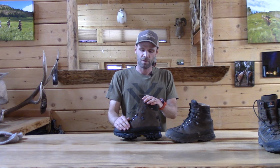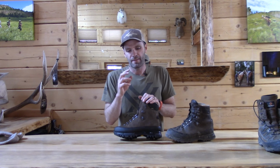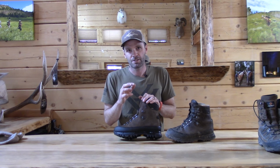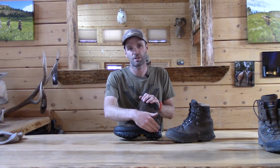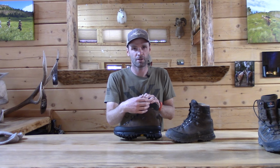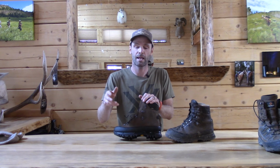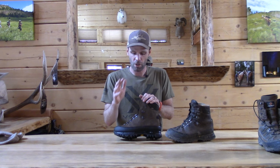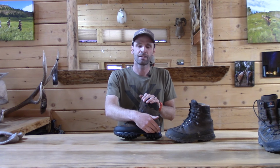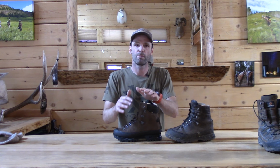okay? The stiffness in these mountaineering boots is going to vary, and the advantage of the stiffness is you're going to be able to get around tougher terrain with a stiffer sole, okay? You're going to be more comfortable, and your ankles and the mechanics of backpacking with a heavy pack, 70, 80, 90 pound pack, is going to be better with a stiff sole, okay? Those are all advantages. The negative is the stiffer the sole, the less comfortable the boot is going to be,